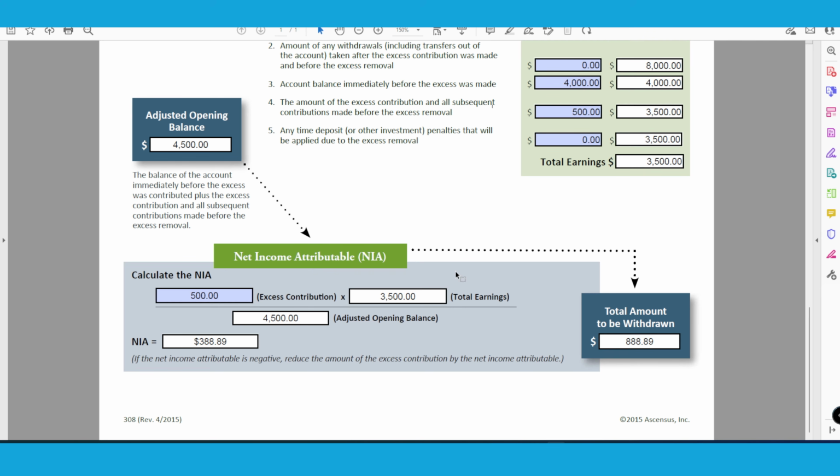Now we're going to scroll down and see how it plugs the numbers into the formula. We have our $500 excess contribution, our $3,500 in total earnings, and then we have our adjusted opening balance. That adjusted opening balance simply took all contributions and all subsequent contributions and added them to the opening balance. That's why it's called the adjusted opening balance, and it explains it right here. Now, our net income attributable is $388.89, which means that we need to add our $500 to our $388.89, and we get a total amount to be withdrawn of